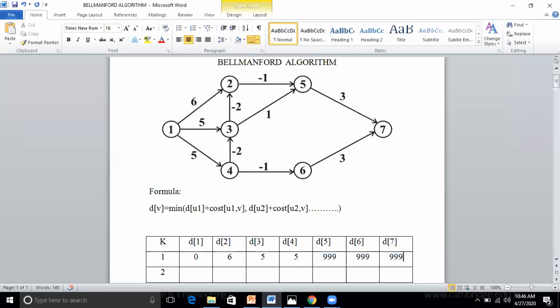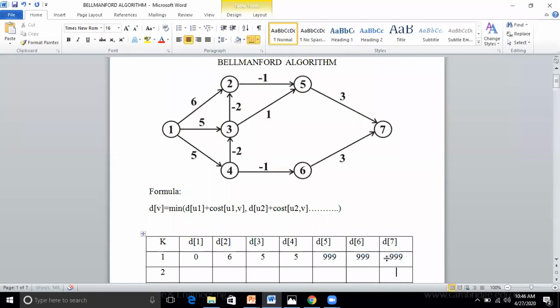From the second step, we need to use that formula. Now, first step, any doubt? What's the first step? Write the distance of source as 0. And for remaining vertices, write the edge cost. If you have an edge, you write that edge cost. If you don't have a direct edge, write what? Infinity. Hope everyone understood till here.